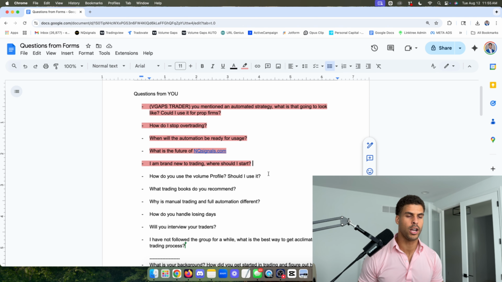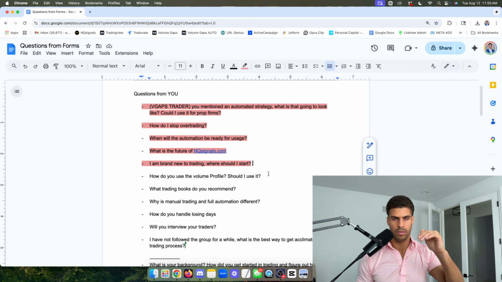So the volume profile just tells you where people are buying, right? Where are they buying and where are they selling? Where are they transacting? And then from there, you can look at where they are transacting the most and least. And the least areas are where I like to specialize and focus my time.